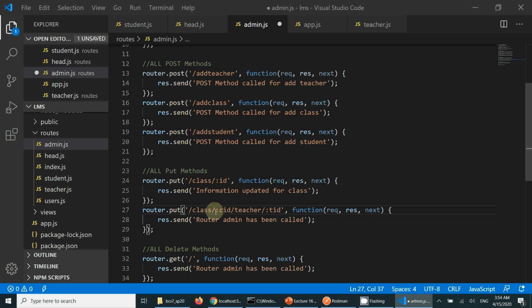I'm just specifying a specific class against a specific teacher. I'm assigning a specific teacher to a specific class. And the route written in our last lecture was incomplete, so I have completed it here. So teacher assigned to the class,